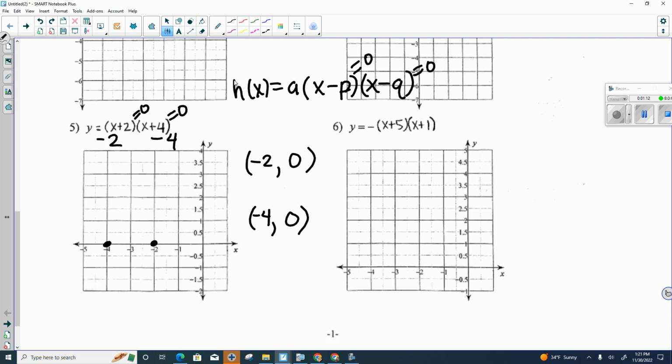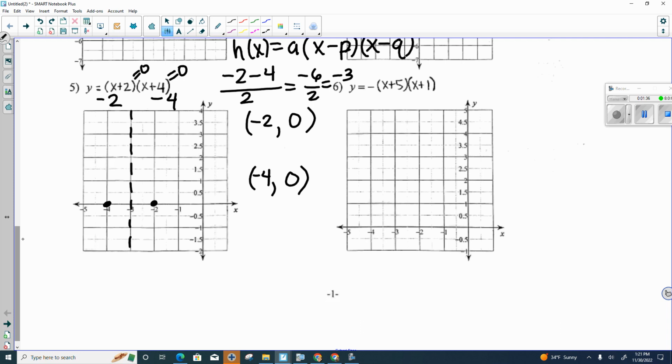Now, there is a way from here mathematically to find your axis of symmetry, but I can see that it's a negative 3. Mathematically, I take the average of my intercepts. That's going to find the middle. So I'm not surprised it's negative 3. I could see it over here on my graph. So now that I've got my x-intercepts, or my zeros,